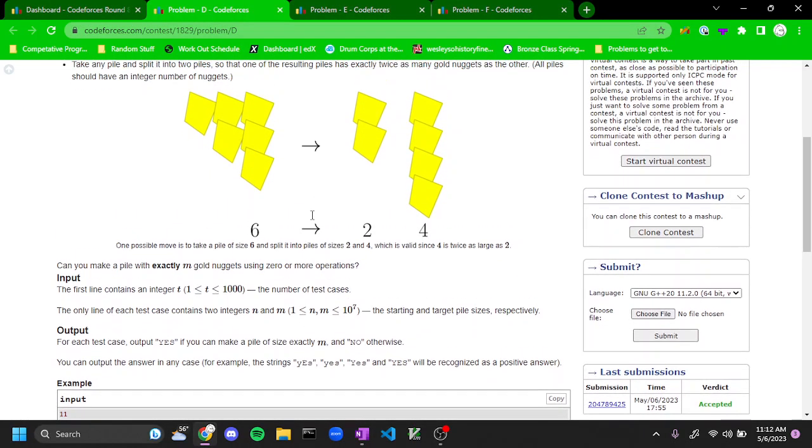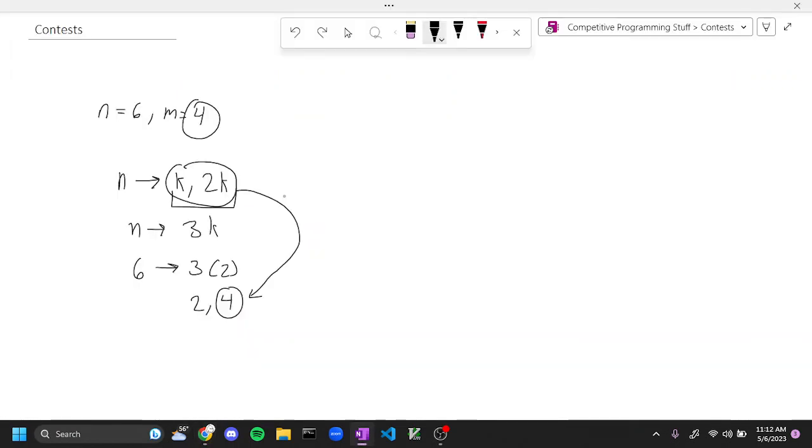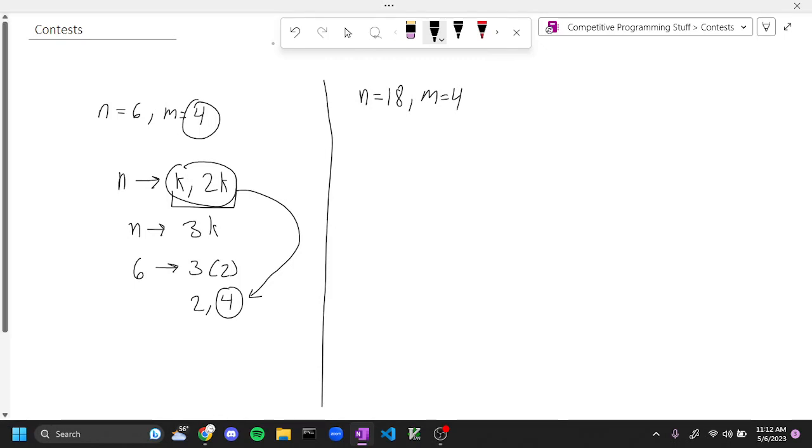So we have to output yes if it's possible to get a pile by breaking it down, and otherwise no. And then notice we don't just break it down once. So if we have n equal to, let's say, 18 in this case, and m is equal to 4 again, we can break 18 down, or let's just write the value. 18 breaks down into